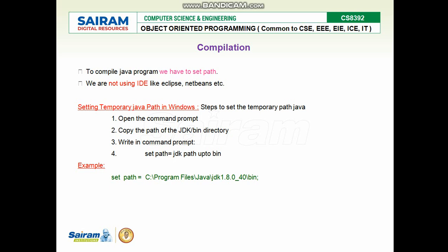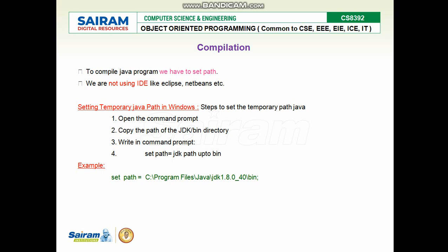So copy that path and open a command prompt where you have your Java file. For example, if you have a Java file in the D drive, open the D drive in the command prompt, and assuming your Java file is there, type like this: set space path is equal to, and paste the path which you copied from the address bar.